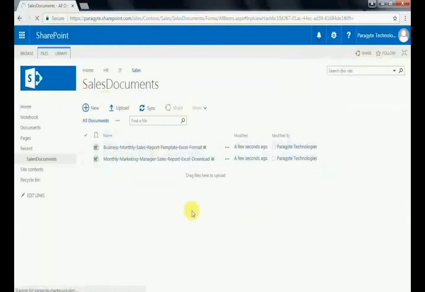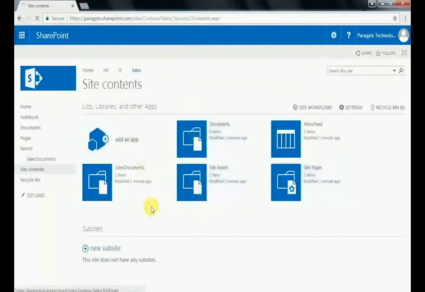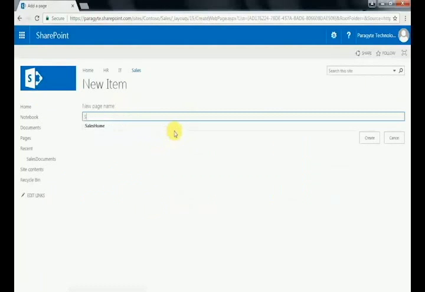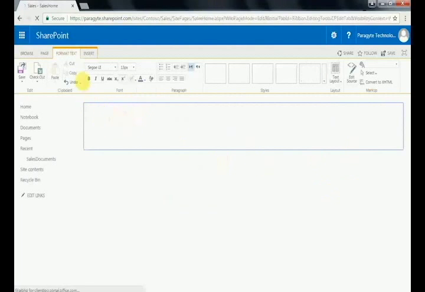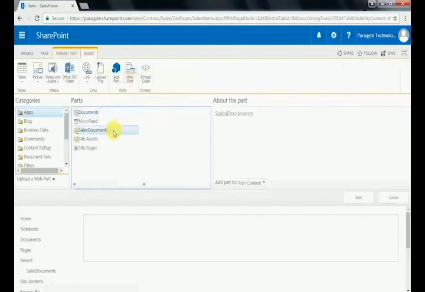go to site pages, and click on new, and name it as sales home, and click on create. Now I am pretty sure you are very well aware now how to insert our list web part, or we can say document library. So click on insert, click on web part, and then insert sales documents, click on add,